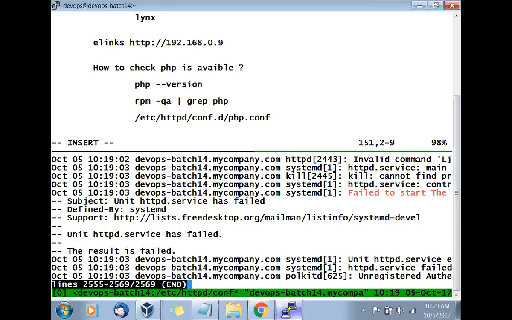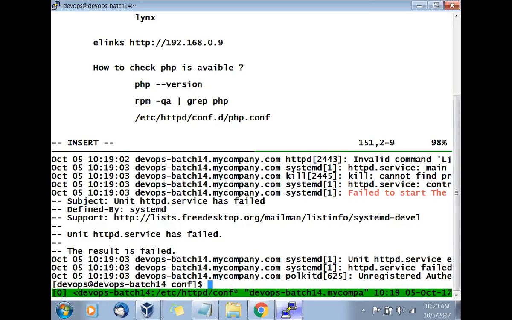Invalid command. I will be able to see it with the -l option. Show me the long listing. Is that possible? Yes, but it is not showing me the complete thing. Either I need to reduce the font or something. But what it is trying to say is there is a wrong keyword.